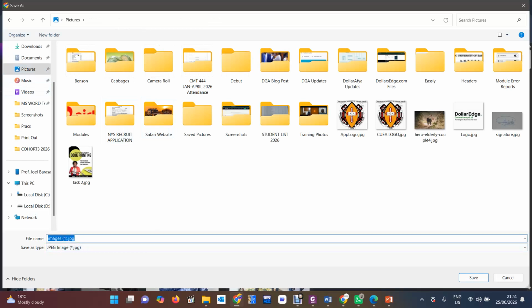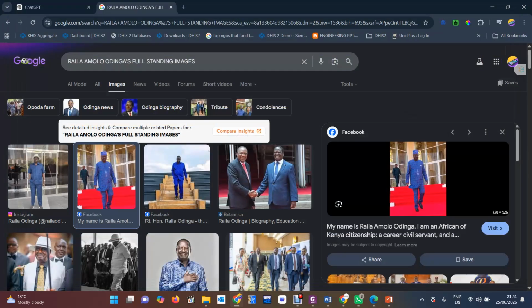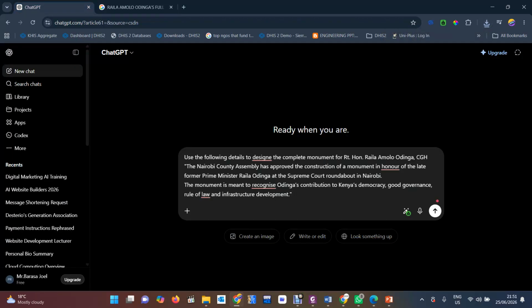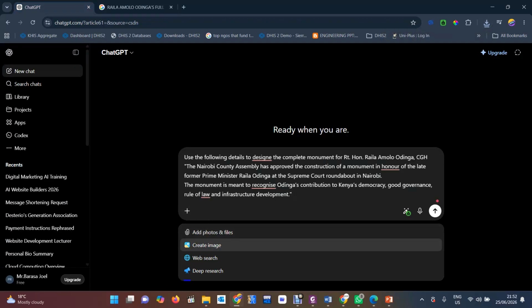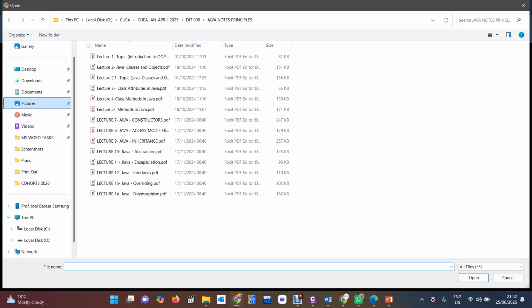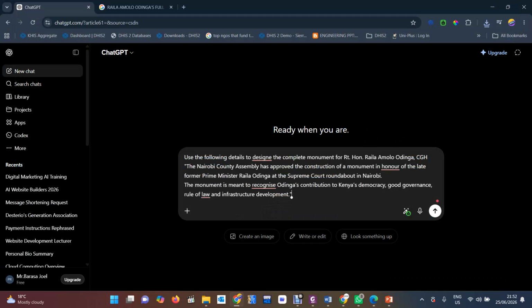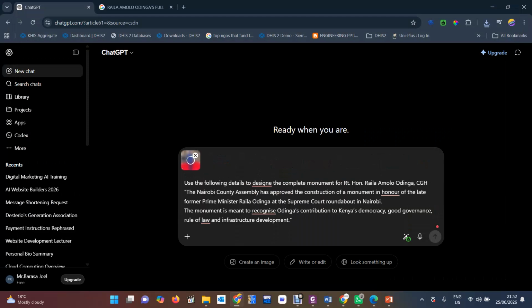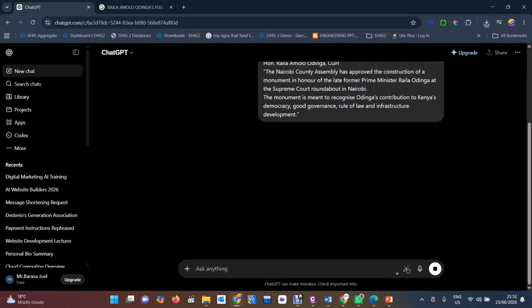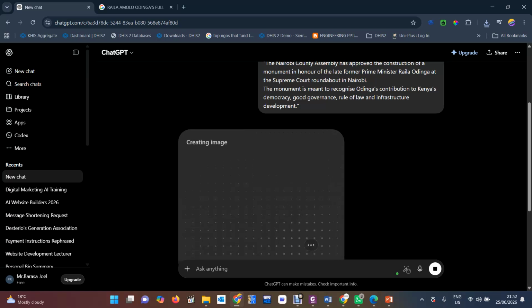I call it Raila Odinga, like that. And you come here and then upload that image, attach that image there. Then we say that, then you see how it's going to work on it.